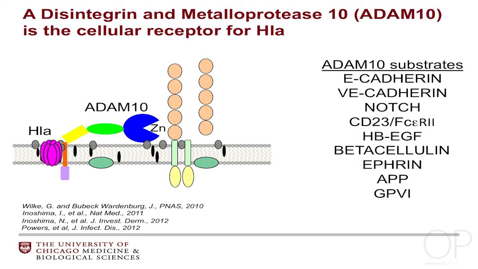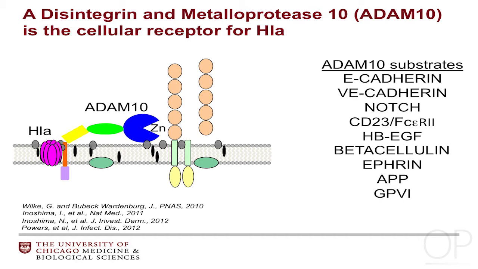So to begin this line of studies, one of the first things that we needed to do was understand and define the receptor for the toxin. So how is it that the toxin is actually able to dock on the host lipid bilayer? To this end, we identified a protein called a Disintegrin and Metalloprotease 10, or ADAM10, as the cellular receptor